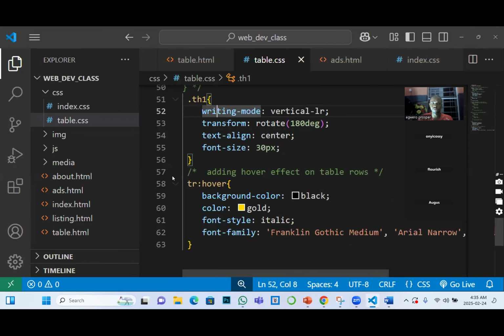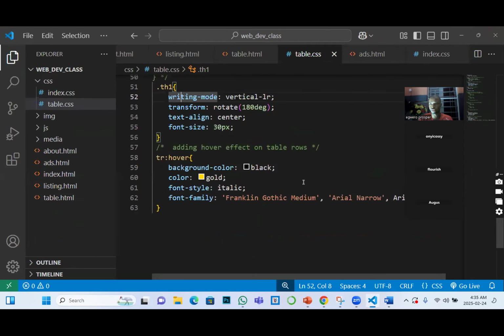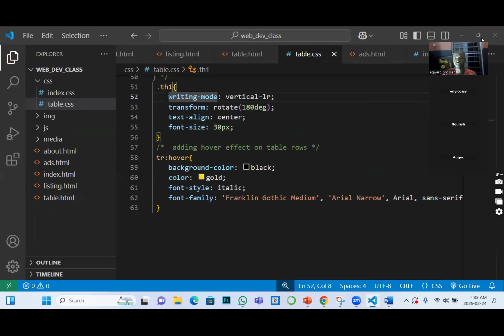Now, we are going to start with a new file. I believe these are the files we have developed so far since we started this training. So I'm starting a new file and I'm going to name that file